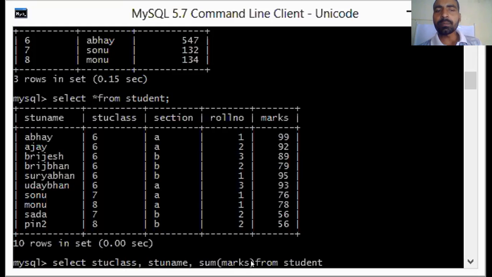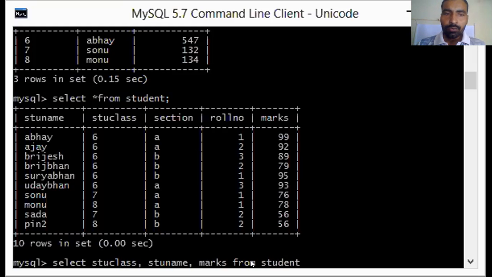Then let us display only marks, so this is also a non-group expression. STU name and marks are both non-group expressions.